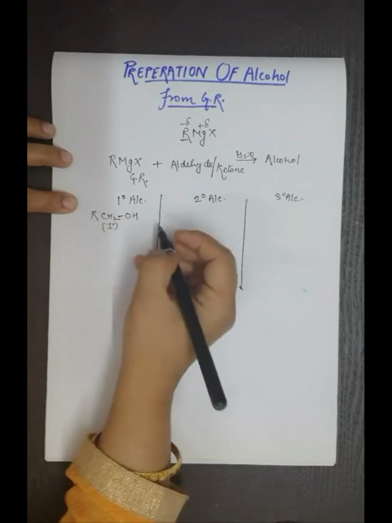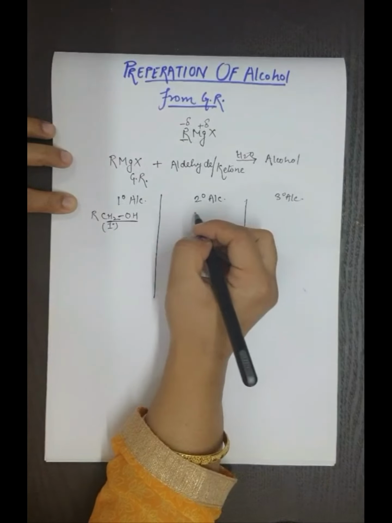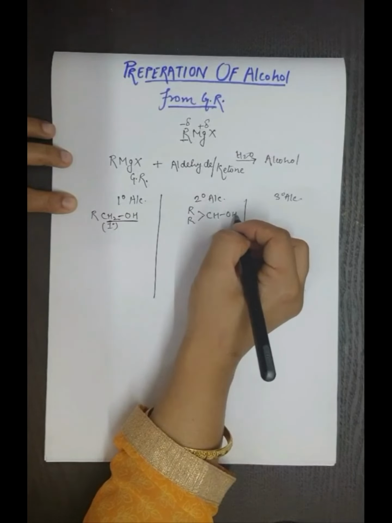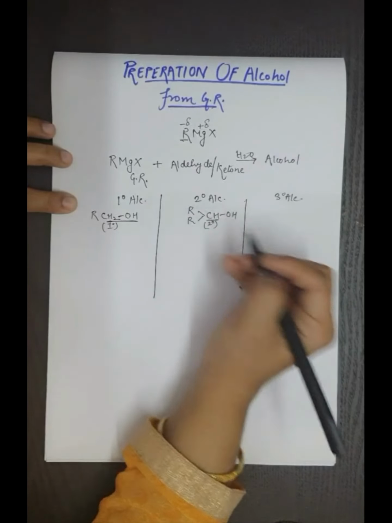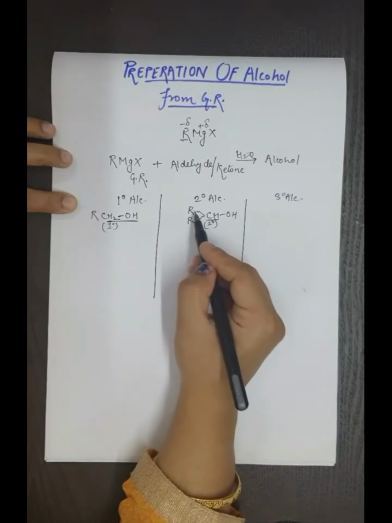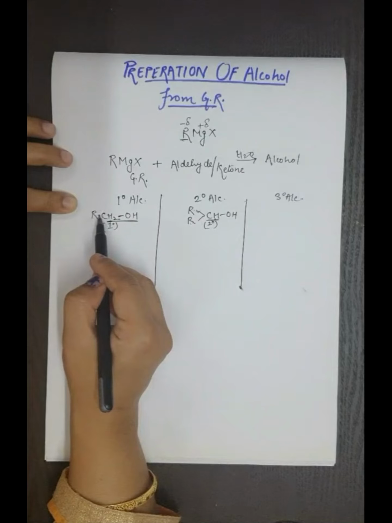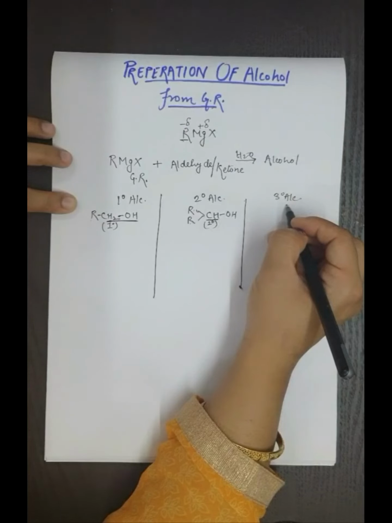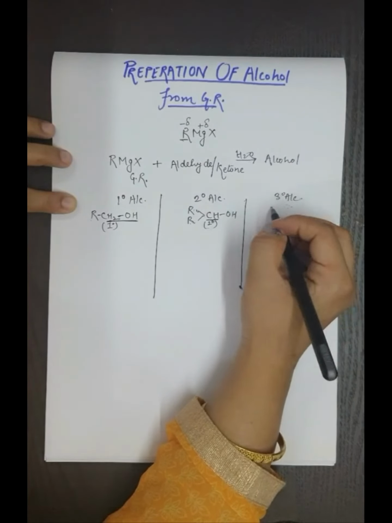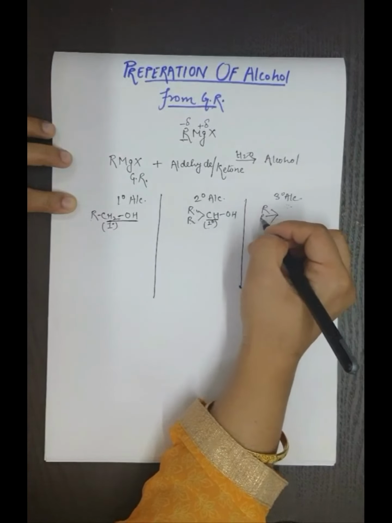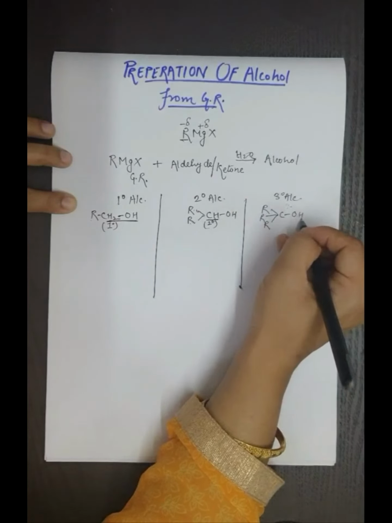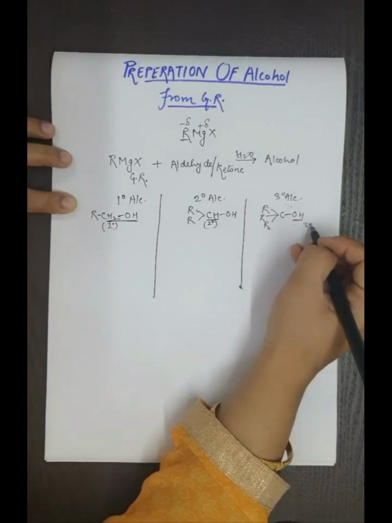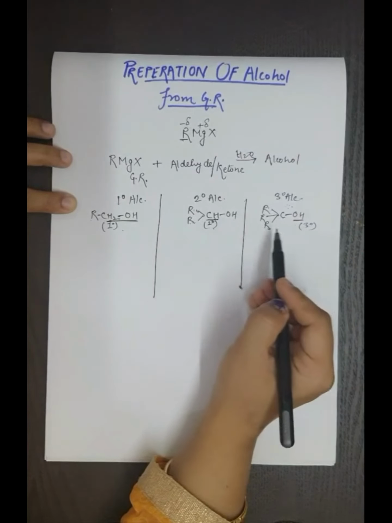This is primary carbon atom, so this is primary alcohol. Secondary alcohol, the alcohol in which OH group is attached to the secondary carbon atom. This is secondary carbon which has one hydrogen atom and two side chains. Primary carbon has two hydrogens and one side chain. Tertiary alcohols are those in which OH group is attached to the tertiary carbon, and tertiary carbon has no hydrogen atom attached, there are three side chains and one functional group attached. This is called tertiary alcohol. Okay, this is primary, this is secondary, this is tertiary.